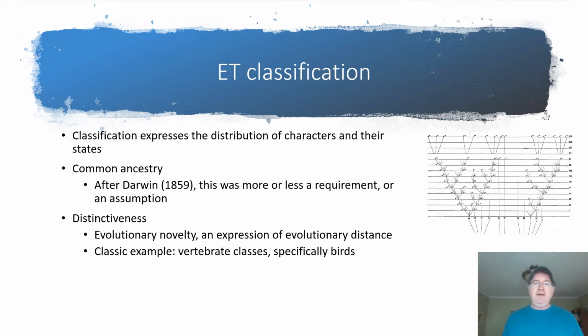What's under contention is whether or not, by virtue of that tremendous evolutionary change that had taken place in that lineage, we should recognize birds as a higher level taxon, on the same level that we recognize mammals and reptiles and fishes and things like that. So those are the two aspects that evolutionary taxonomists want to incorporate in their classification. Both the idea of common ancestry, so we want groups that evolve from a common ancestor, but we also want to be able to reflect the amount of evolutionary change that has taken place within a given lineage.